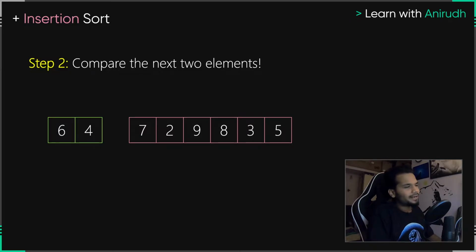So we just took 4 right there and we put it to the left. Now it's even weirder, right? Take a look at the sorted array, 6 and 4. It's not supposed to be 6 and 4. What is it supposed to be? It's supposed to be 4 and 6 if it has to be sorted, correct?